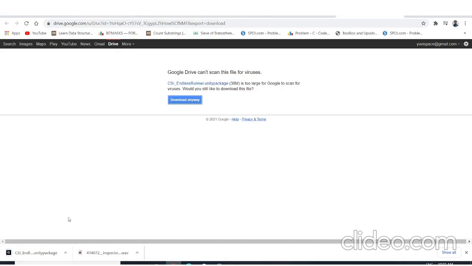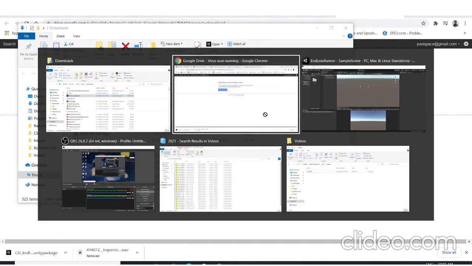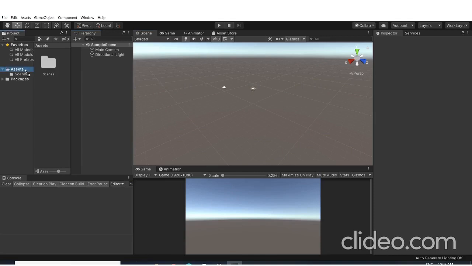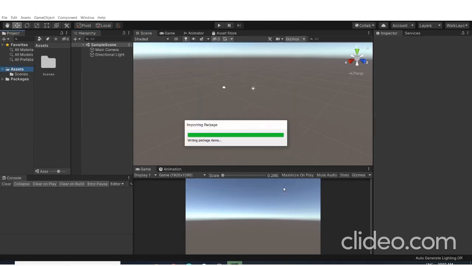Now just drag and drop this into Unity, in the assets. Okay, import all. Just wait a few seconds to let it import.